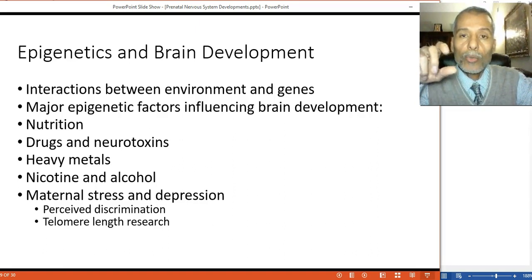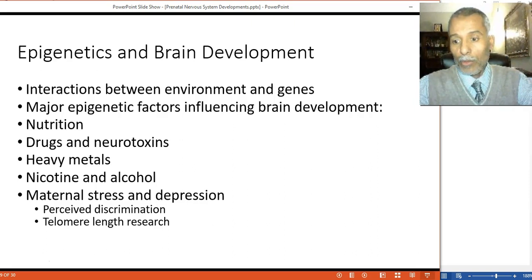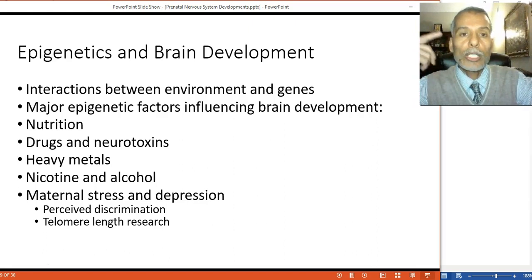It is called this way because the person feels that he or she is discriminated against. It doesn't matter if the other person acknowledges it or not, but what matters is that the person feeling it is going to experience the effect of it. And research shows that in African American women, who experience discrimination at work or in the environment and so on,